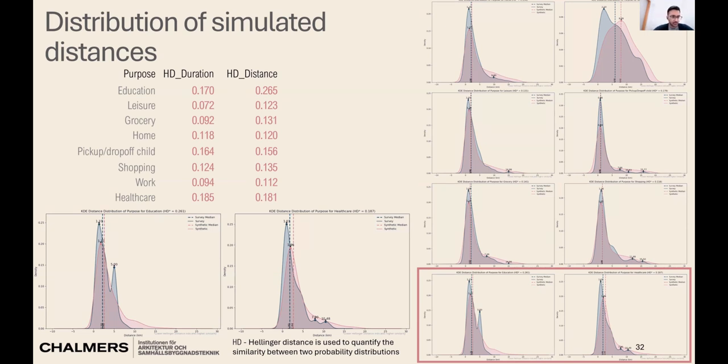So here we're looking at two distributions of travel distances. On the left side, you have travel for educational purposes, and on the right, you have travel for healthcare. And what you'll see in this probability distribution is that the actual survey data has two secondary medians, where the predicted synthetic population smooths out those peaks. One of the reasons why this happens is that, at least in Gothenburg, there are two major healthcare centers at different ends of the city. And the model doesn't differentiate between these healthcare facilities, making the assumption that all healthcare facilities have equal weightage, so it doesn't pick up on these